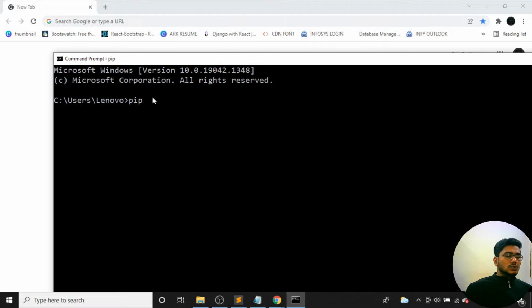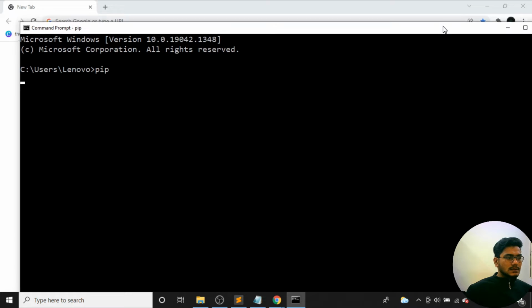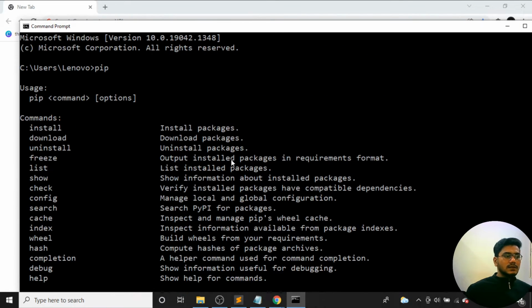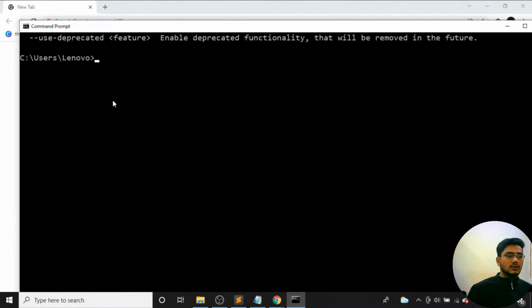Okay, so if I just enter pip, here I'll be getting a few commands. If I just minimize again, you can see I'm getting a few of the steps over it. Okay, so that means Python has been installed and pip should work 100%. Okay, so if you need to check the Python version, enter python --version. Once I enter, you can see 3.10 is my Python version.